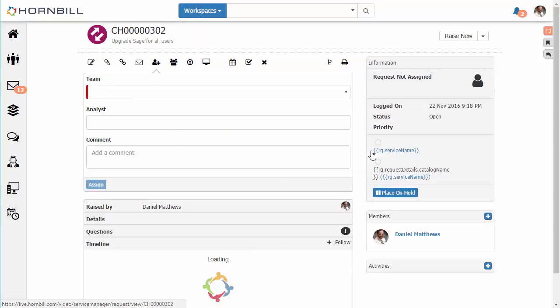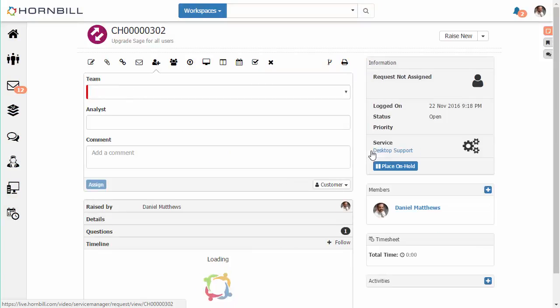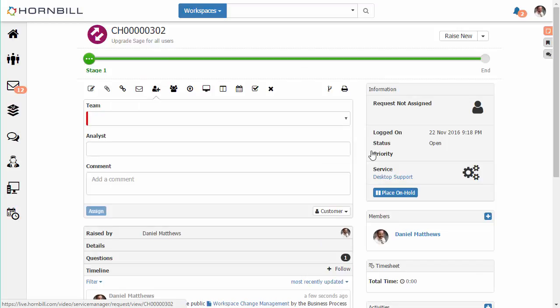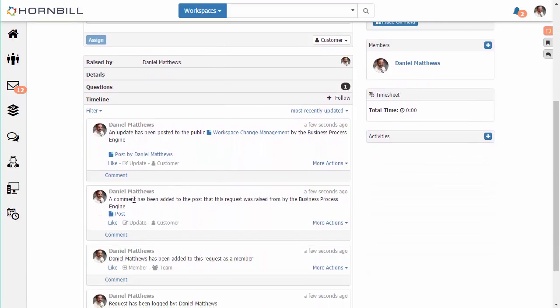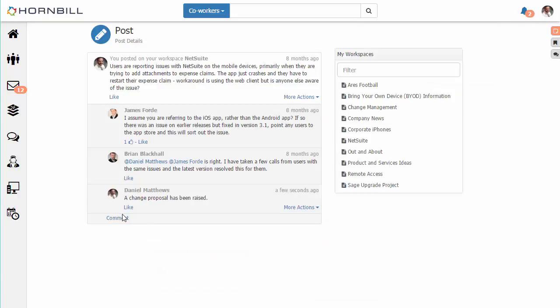Now when we open up this change, what we're going to have a look at is down in the timeline, we can see some of the automatic posts that have taken place. So here we see an update where a comment's been added to the workspace where this was originally raised from. And we can click on this link to take us back to that particular workspace. And here we see that post, and here we see that update that was automatically added just by raising the